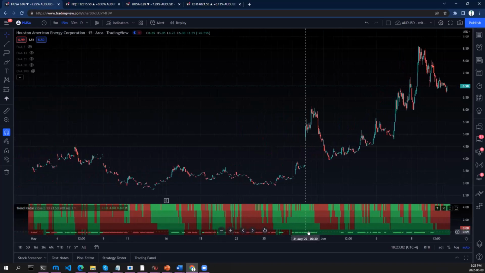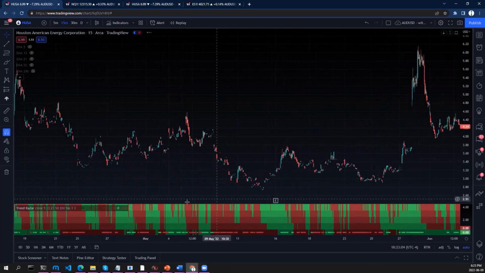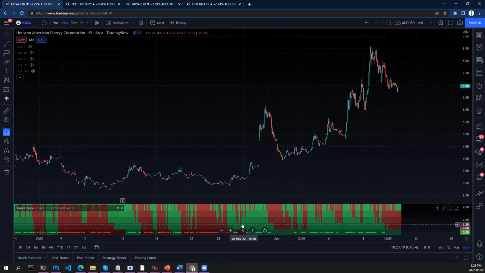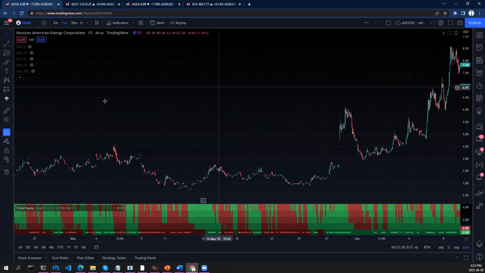So here on the 15-minute, we had pronounced bearish action where we kept dropping back into a bearish downtrend, with red on all time frames in Trend Radar, until we had this spike up here on the 27th of May, where finally all time frames broke to the long side, to a bullish sentiment, and the bullish alignment lasted longer than it has for a long time.